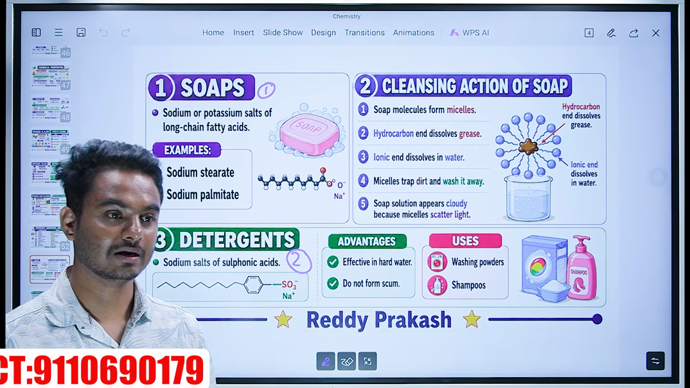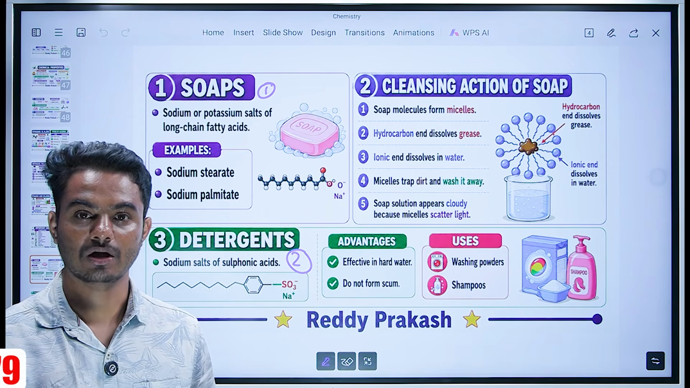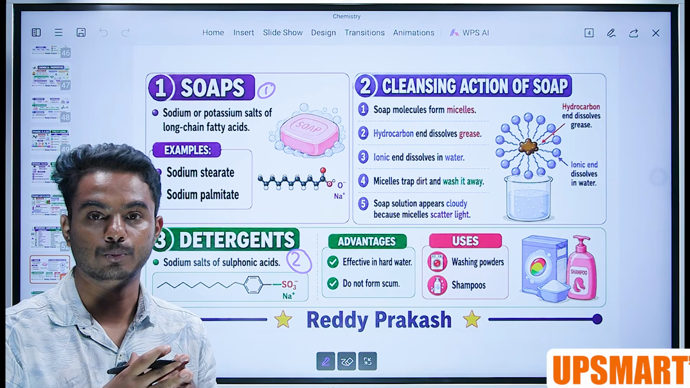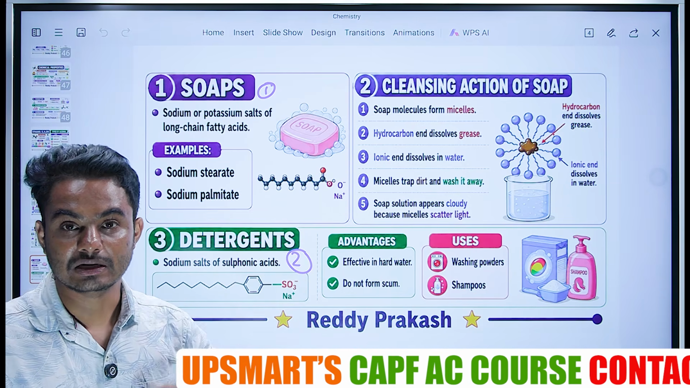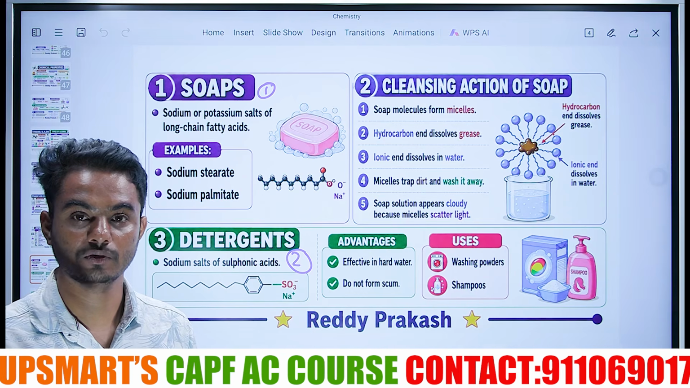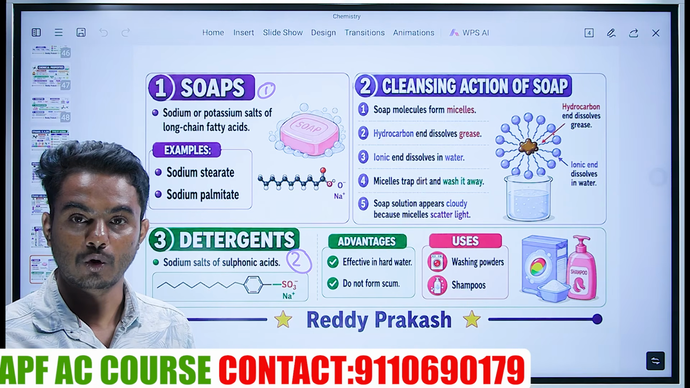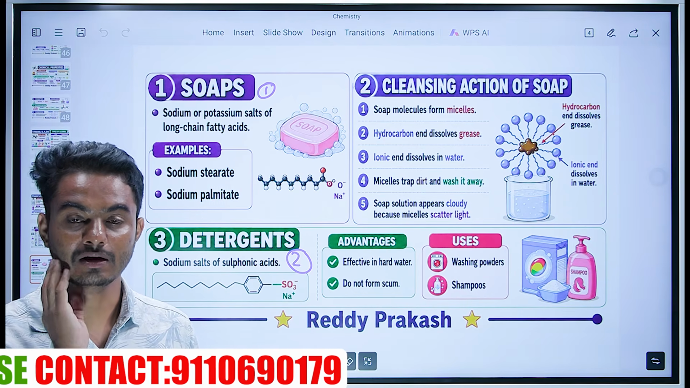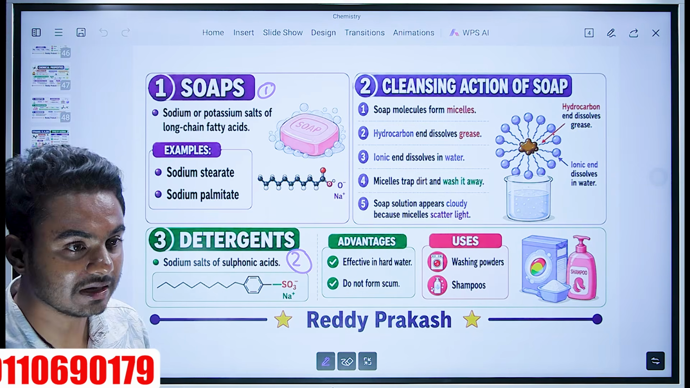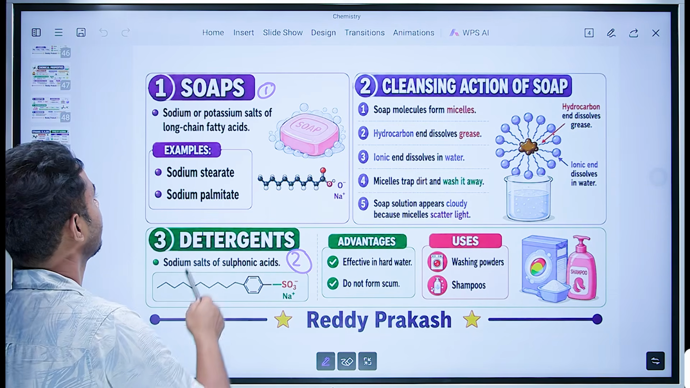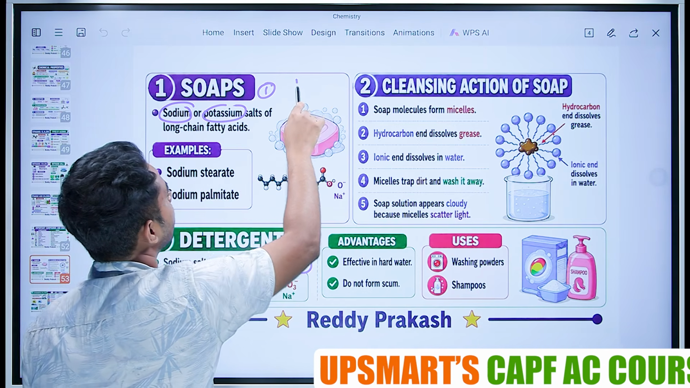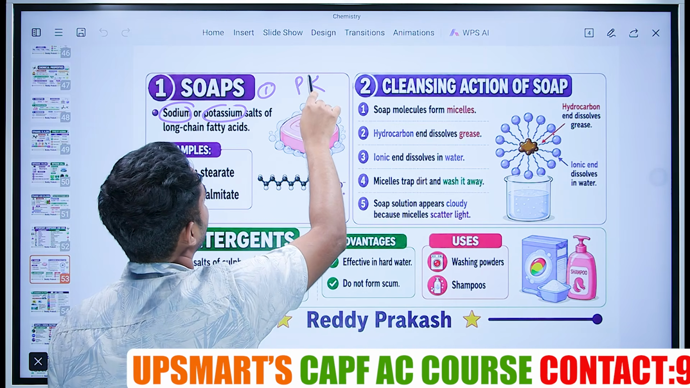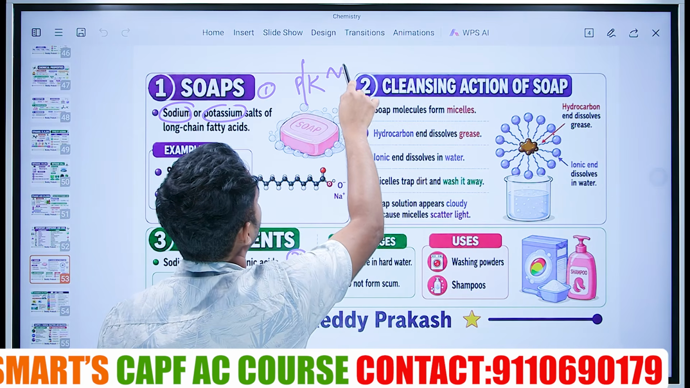We might think soap and detergents are made up of similar compounds, similar chemical composition. No. Soaps are different. Detergents are different. Detergent which we use for our clothes is different. Soaps which we use for our skin are different. Soaps are made up of sodium and potassium. It should have P or K, and it should be long chain